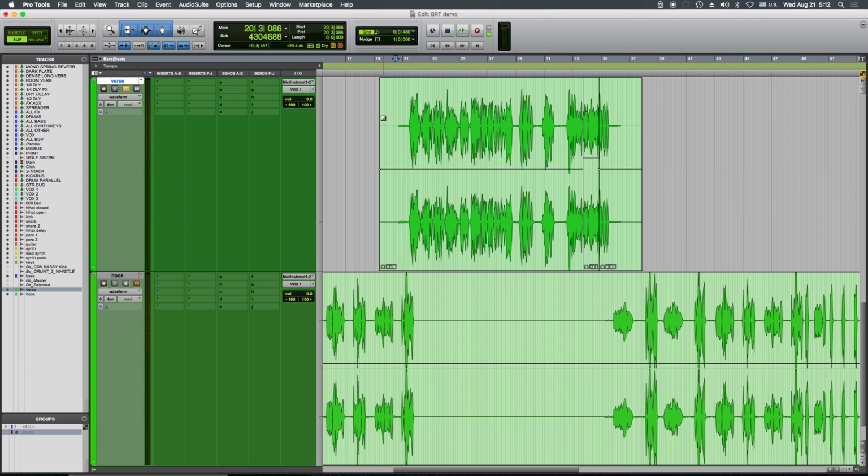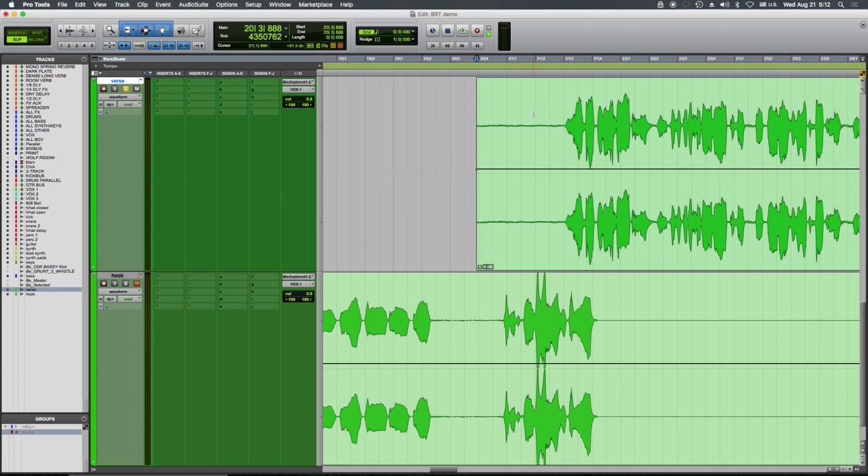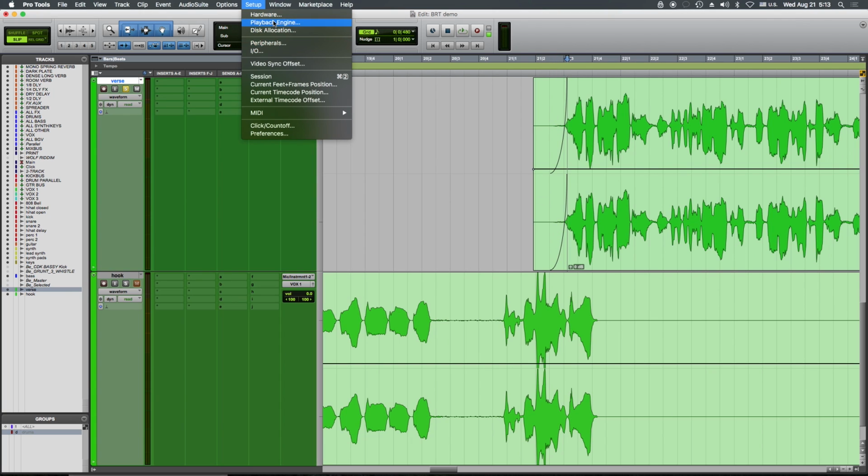Cool, so now that the volume is good, we can get a little more detailed. Like I said, we don't need any of this stuff in the beginning. The way I like to deal with this is A to trim from the start, Tab, and then D. And my default fade, which you can set up in your preferences here,